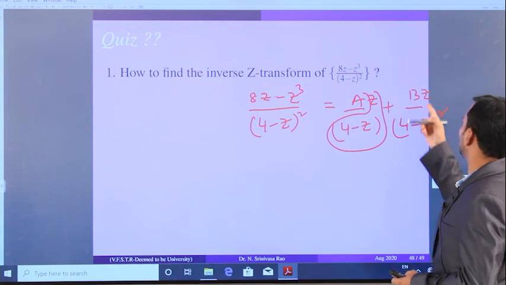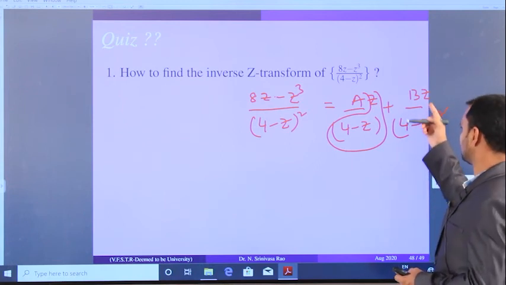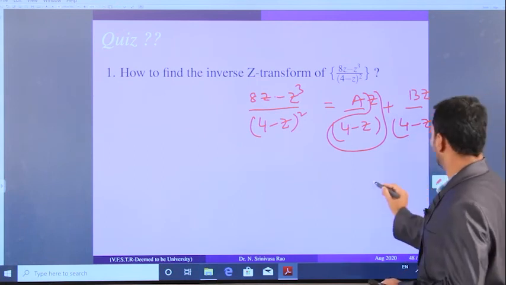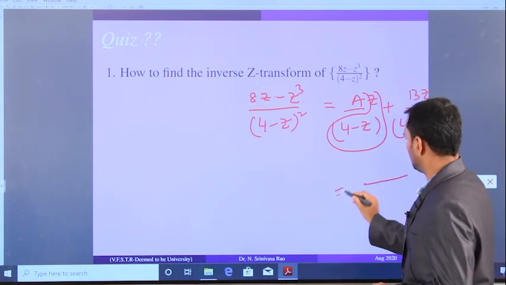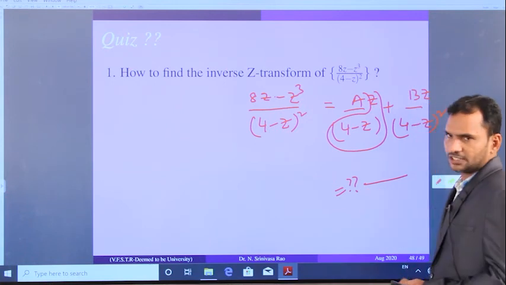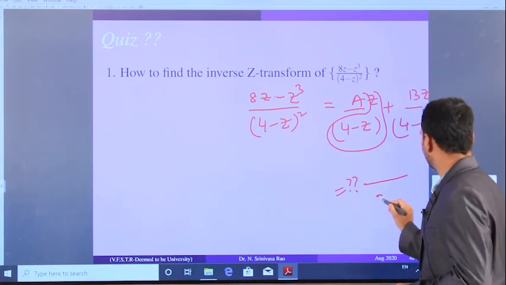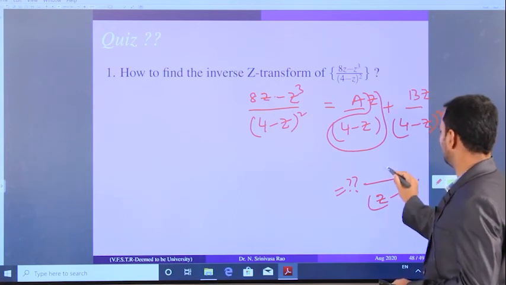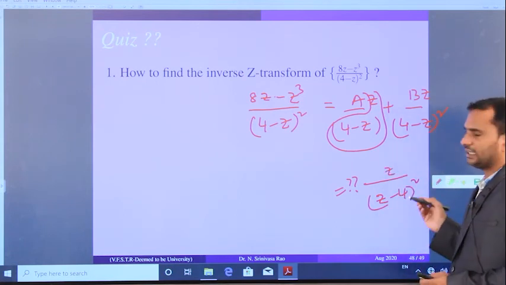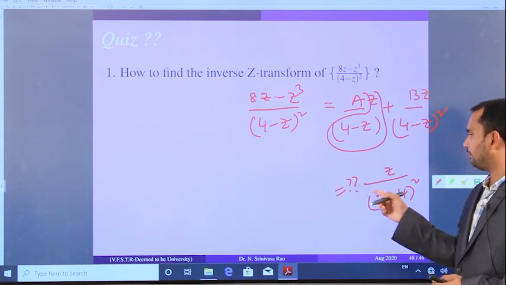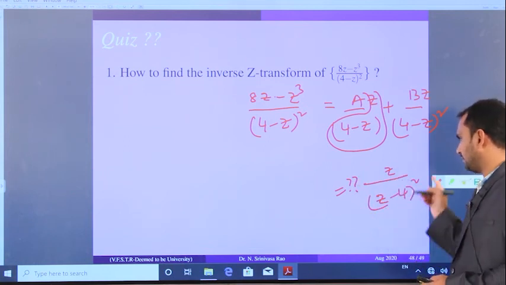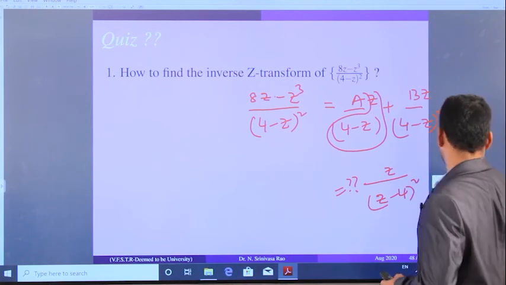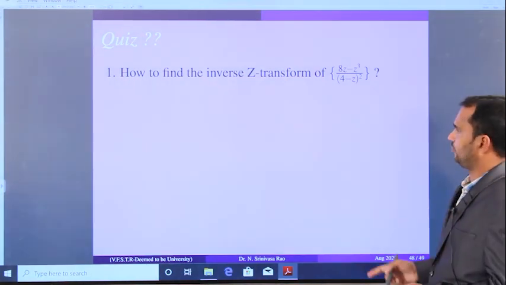So now what is the inverse z transform of this? You just think z by 4z minus whole square. Okay, so for finding this, for what z transform do we have z minus 4 whole square in the denominator? Look at it, of course the z is there, z by z minus 4 whole square. For what z transform do we have this? Just think about it, then we can find the inverse z transform for the given first problem.